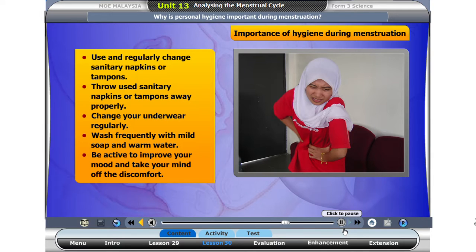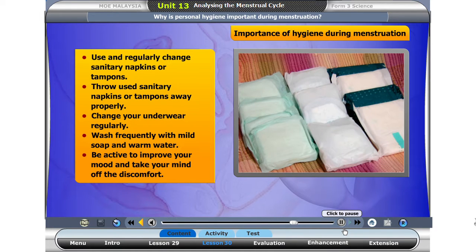Having your menstruation does not necessarily have to be difficult. You just have to maintain a good personal hygiene, a good attitude, and an emotional balance. For example, once you begin menstruating, you'll need to use either a sanitary pad or a tampon to soak up the menstrual blood. Regular changing of pads or tampons is important in order to prevent buildup of bacteria and eliminate odor.